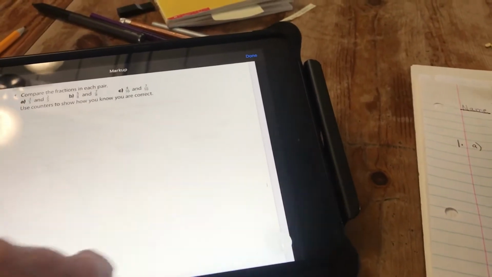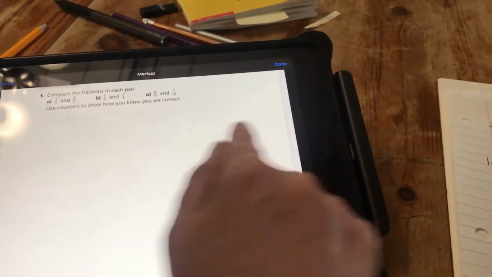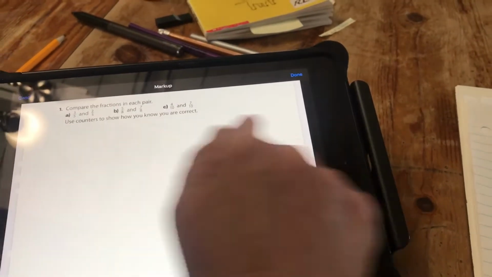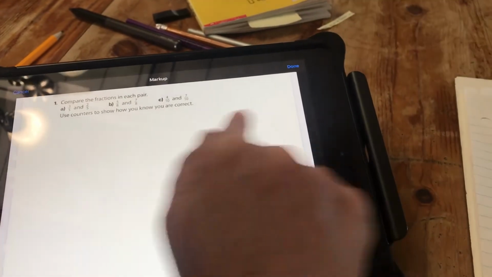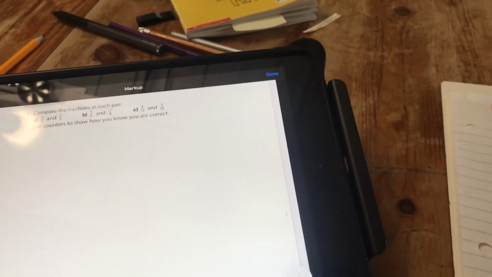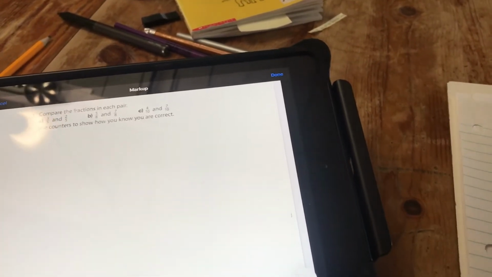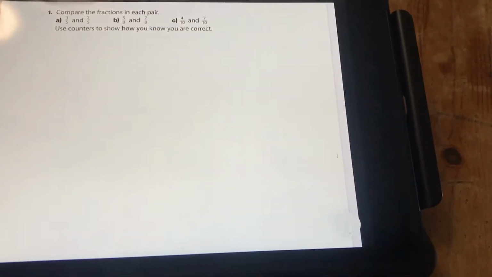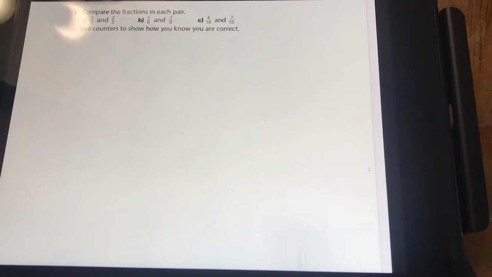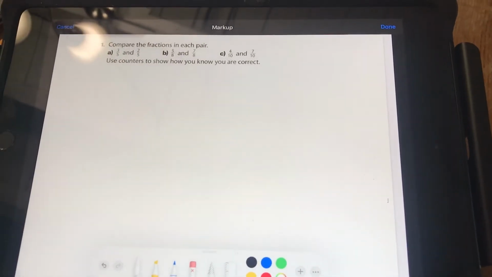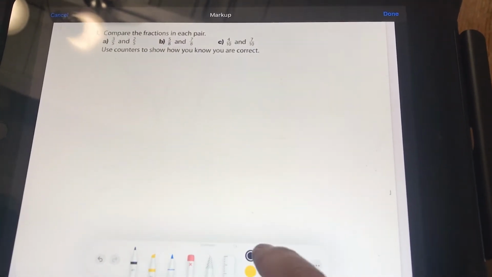Another thing that you've seen me do is crop. So I only have the question that I want, but then the problem becomes it's a very small picture if you crop it, and then you don't have any workspace. So now I have a workspace. I'm going to bring the toolbar back out, and then I'm going to tap on a color,